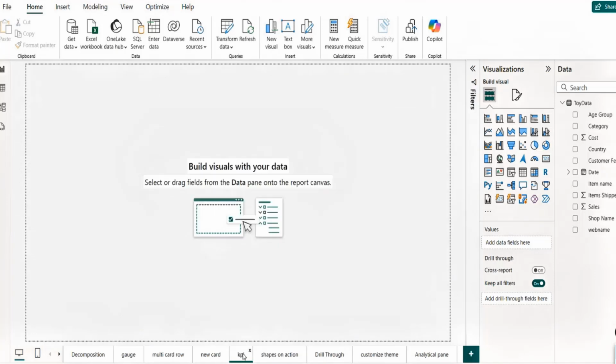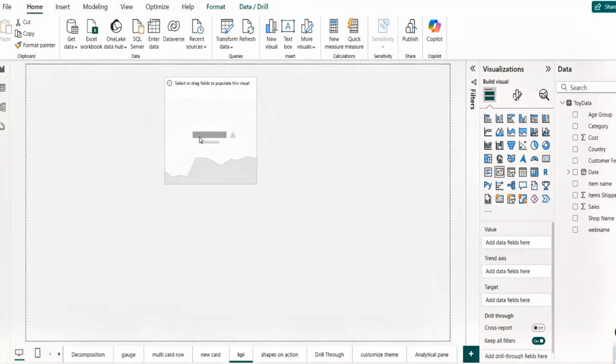The next visual we have is KPI. KPI is a very simple visual. This is the one, key performance indicators. So basically what KPI does is, it tells you the trend as well as the performance based on the latest year, month, or whatever you're using. So when you use KPIs, key performance indicators, we use either the month wise or